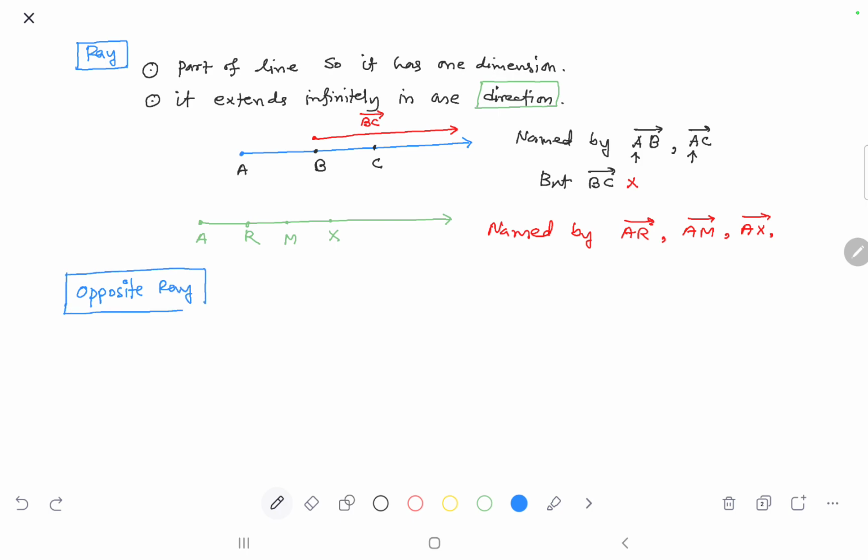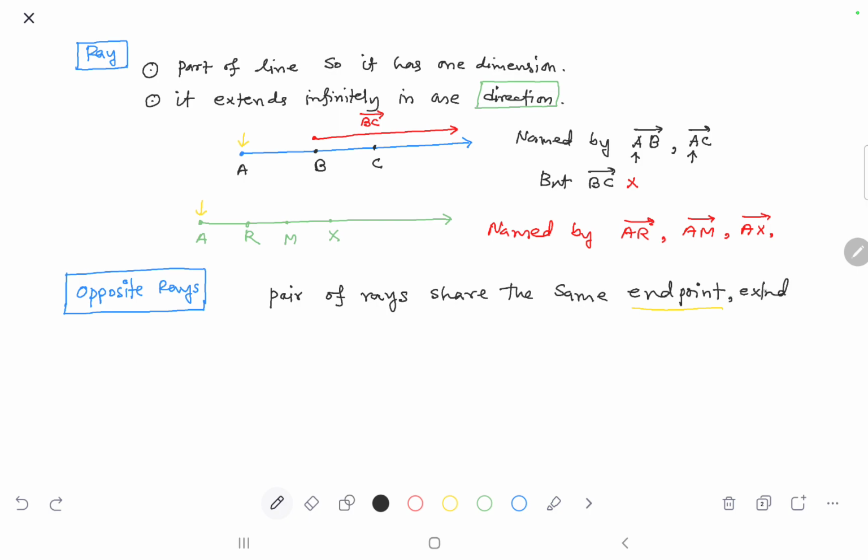So if you take the opposite ray, how is it defined? Opposite ray means you have a pair of rays that share the same common endpoint. For a ray, this kind of point we call the starting point, or people call it the endpoint. So if two rays start from the same endpoint and have opposite directions,